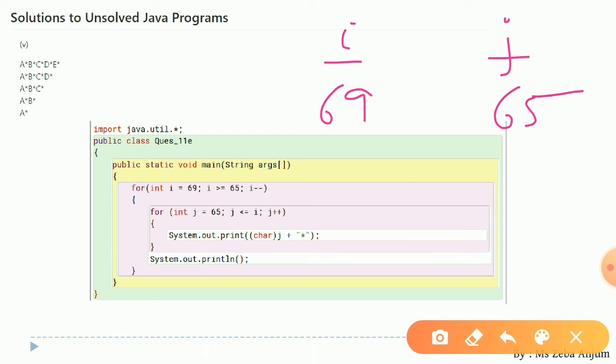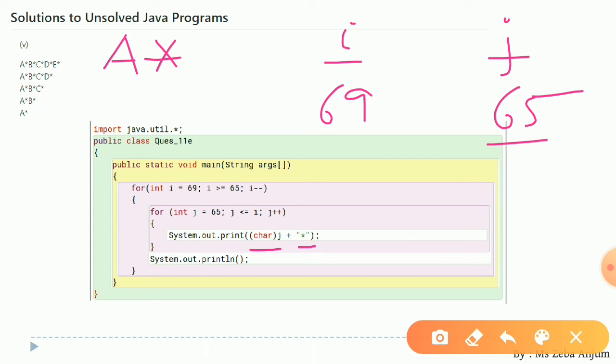Now see, the condition is true, 65 less than equals to 69. So we will be getting System.out.print firstly (char) j. The appropriate letter for this 65 was capital A. So we got the same thing on the screen. Now see, in double quotes we are having this star sign. So that is why after A we got this star sign.